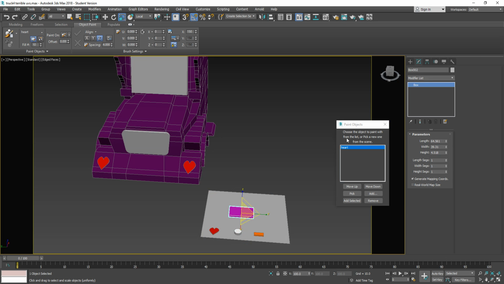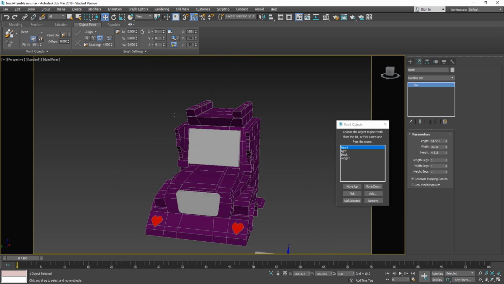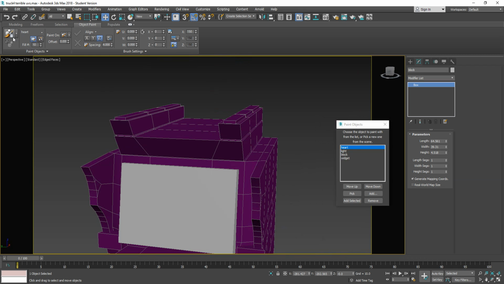Okay, so I need blog, whatever that is. I'm going to call it a blog. And I need a widget, because I don't know what it's called. Okay, and these 4 parts are basically going to help us. So I pick that, that, and that. Now I can place them all at the same time, but I don't want to. What I want to do is start painting things directly onto this. Now I've got this lovely bit of canvas up here,